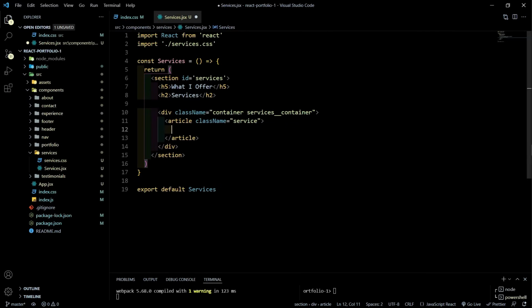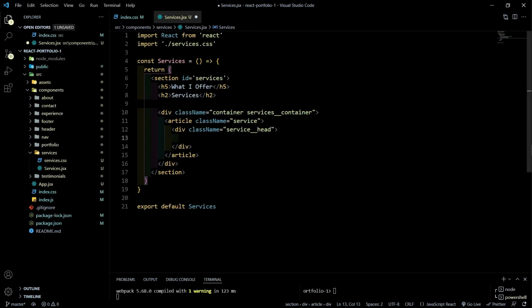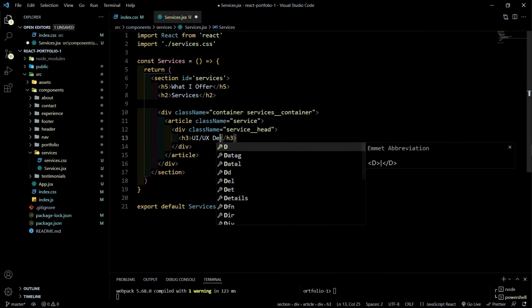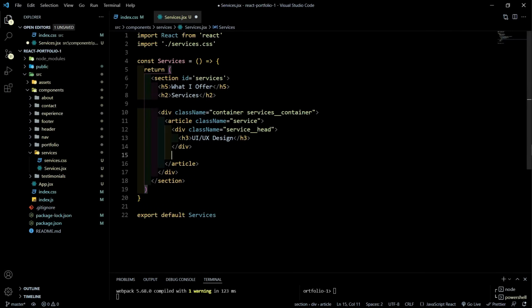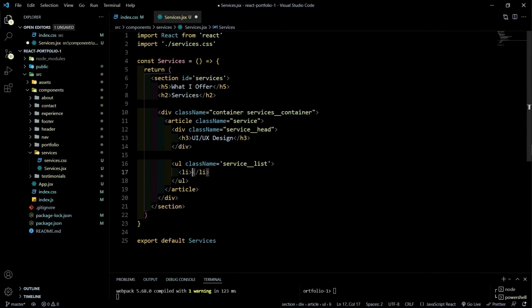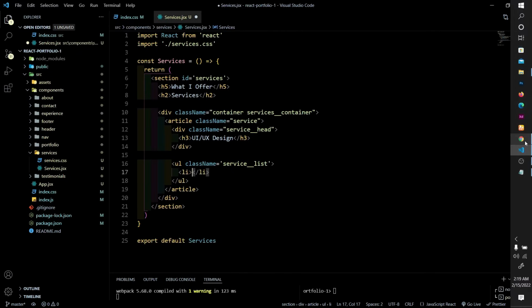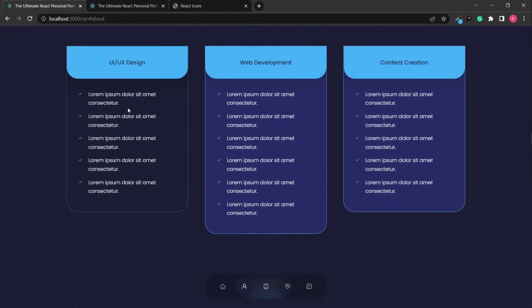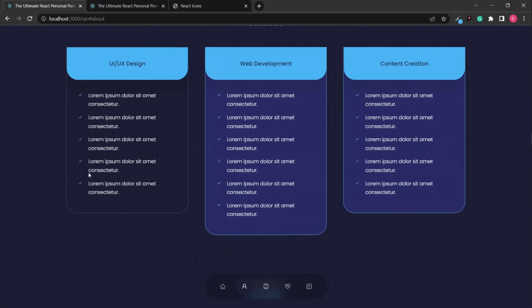So inside each of the cards we are going to have a div with a class of service head, and that is going to have an H3, and this is going to be UI UX design, and we are going to have an unordered list, a UL with a class of service list. Okay, service_list, and each LI is going to have a check as we have here in the finished project. Okay, so we are going to have this check, and then I think there's going to be a paragraph, okay,